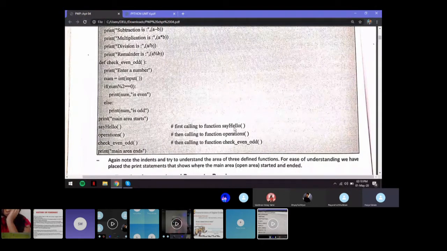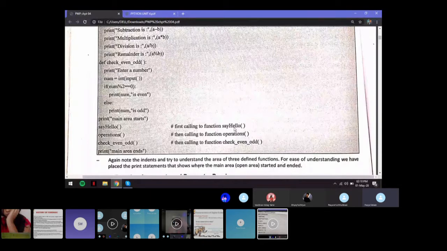Similarly, if you write operations followed by the brackets, you call the function operations, which will calculate your addition, subtraction, everything.